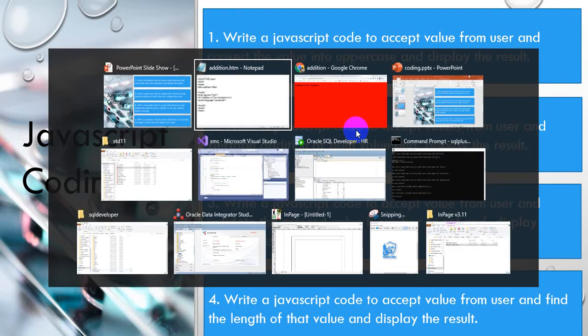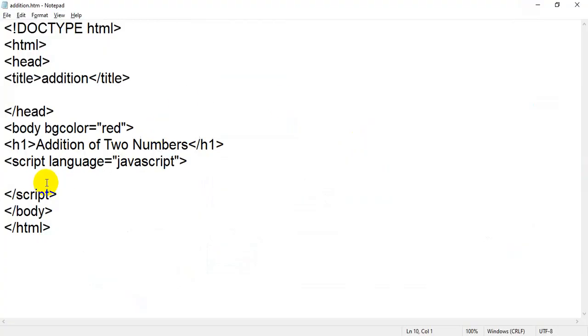Again I am going back to my notepad, and I will declare a variable. For example, this is my variable name: firstNumber. I have written firstNumber equals to.